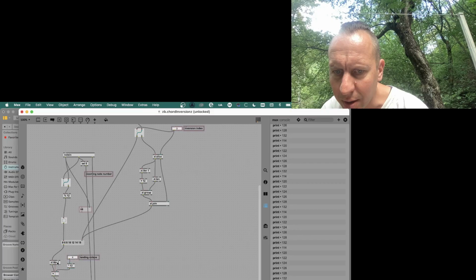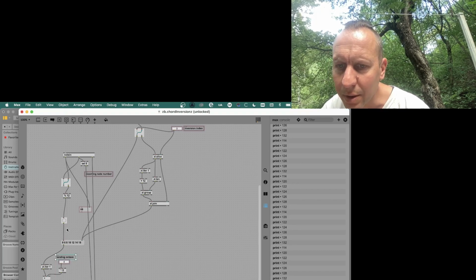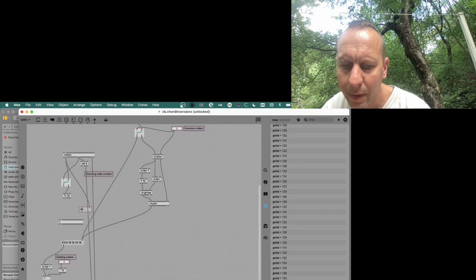Each one gets added a landing octave, and each one needs to be added the bass pitch as well. And this bass pitch, I mean fundamental, the tonic, needs to be this number, and it needs to arrive